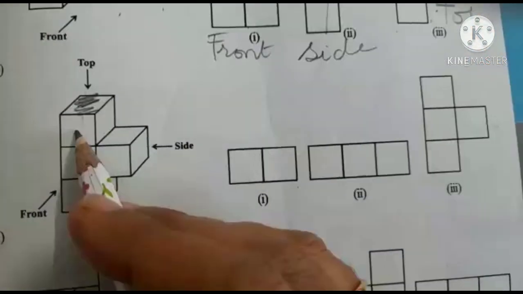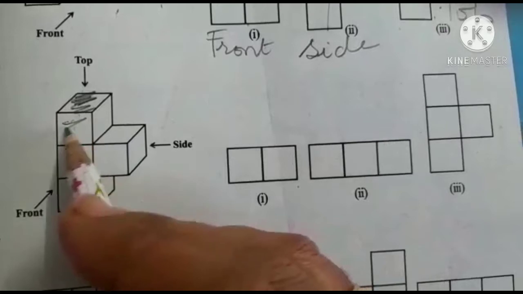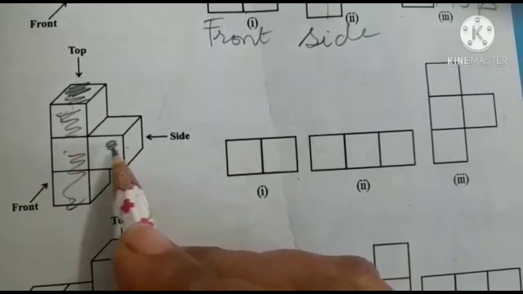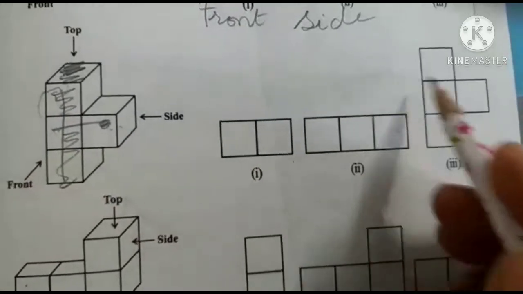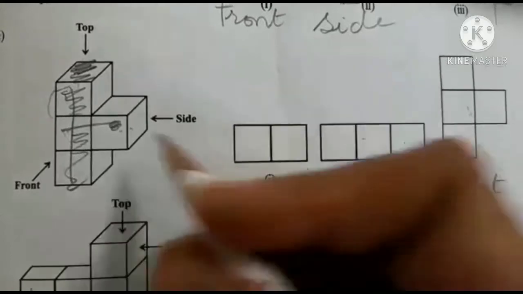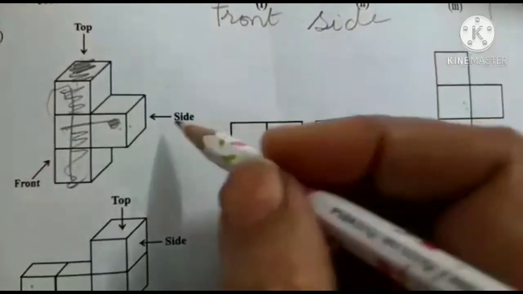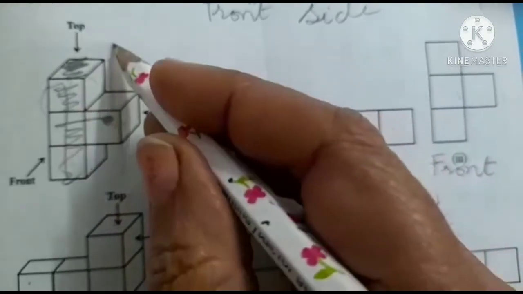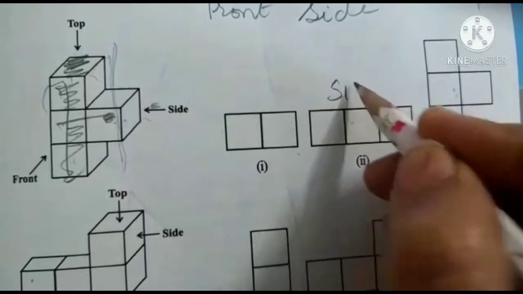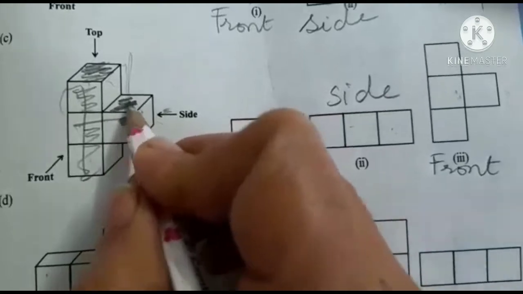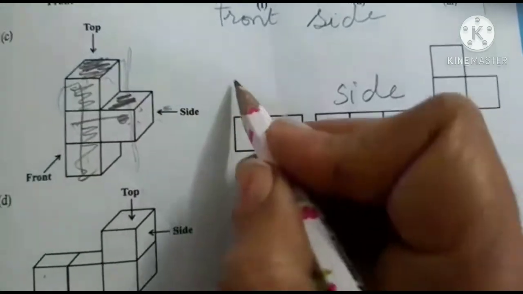Next question. Now the front view will be this box and this box. So 1, 2, 3 and 4 boxes. So this is matching with this picture. So this is your front view. Now these 3 boxes will be visible from the side. If we see the side from the back portion, this side is given. So from the back portion we will see here the 3 squares. So this is our side view. And from the top we can see this as well as this portion, that is 2 squares. So this is your top view.